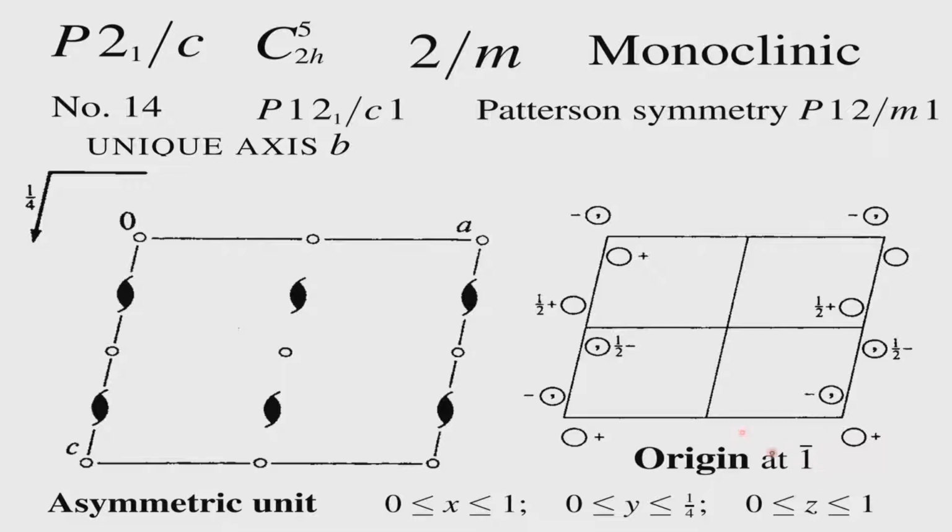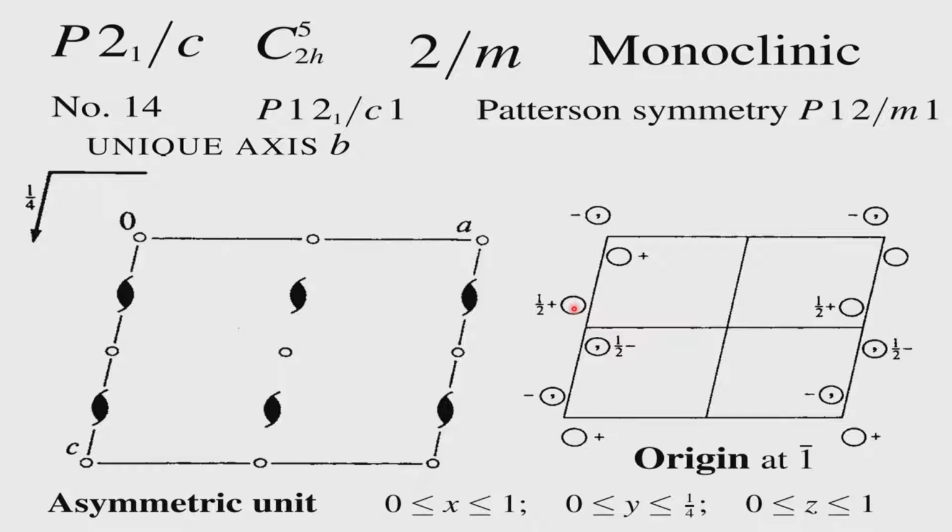So, if you look at this point to this point, you get a center of symmetry. You look at this point to this point, you will get a 2_1 screw axis straight away. Okay. So, you therefore have this and a 2_1 screw axis. Now, the fact that there is a center of symmetry here brings a center of symmetry here as well, and these two therefore are related by the center of symmetry. If these two are related by the center of symmetry and these two are by the 2_1 screw axis,